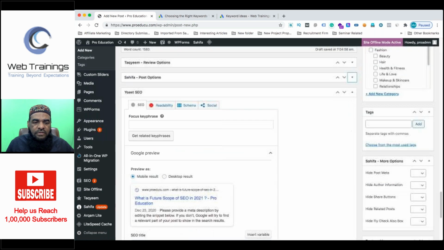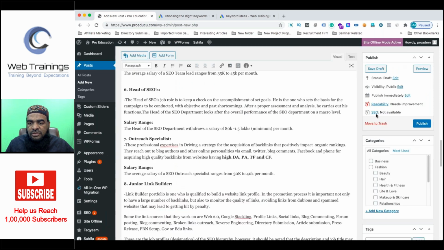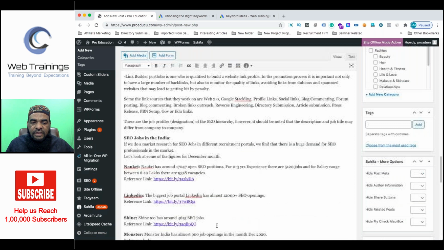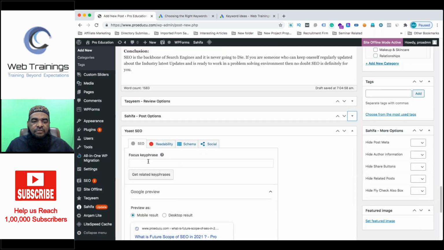So here is a box, and here we can get the overall valuation. Here you see "not available right now," so I can implement that and see how well I'm doing the SEO implementation. Go ahead here and first write your key phrase, meaning what keyword you are trying to optimize this page for. Let's say I'm trying to optimize this page for "scope of SEO." This is my target keyword.